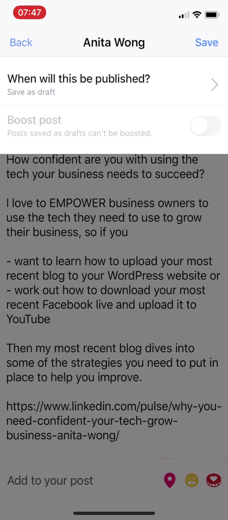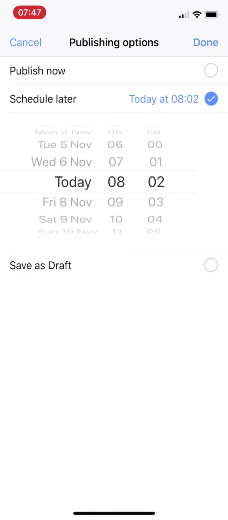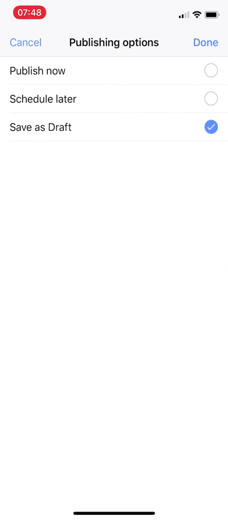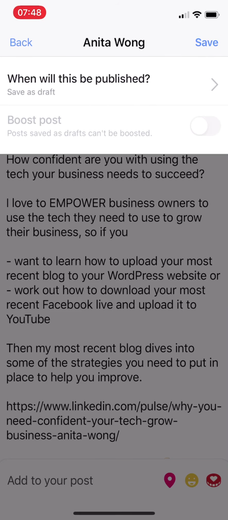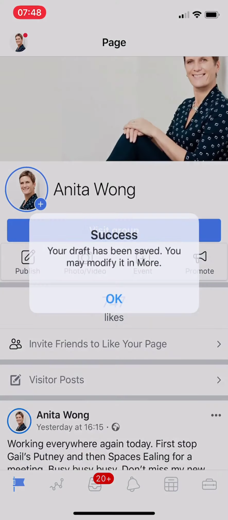You might notice as well that when it asks when will this be published, you can actually schedule your post for later on in the day or in the week if you wish to. So this is another workaround against not being able to schedule from your page inside the Facebook app or on your desktop. So I'm actually going to go back and save it as a draft, as I said, and then you click done and you click save, and it will be saved as a draft